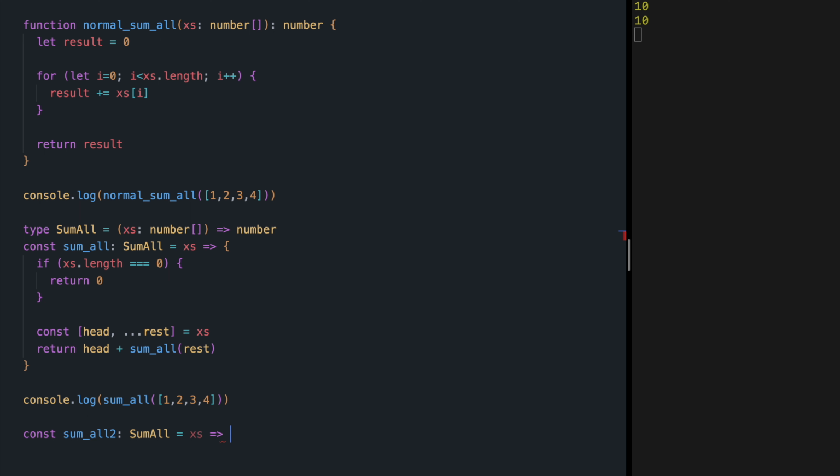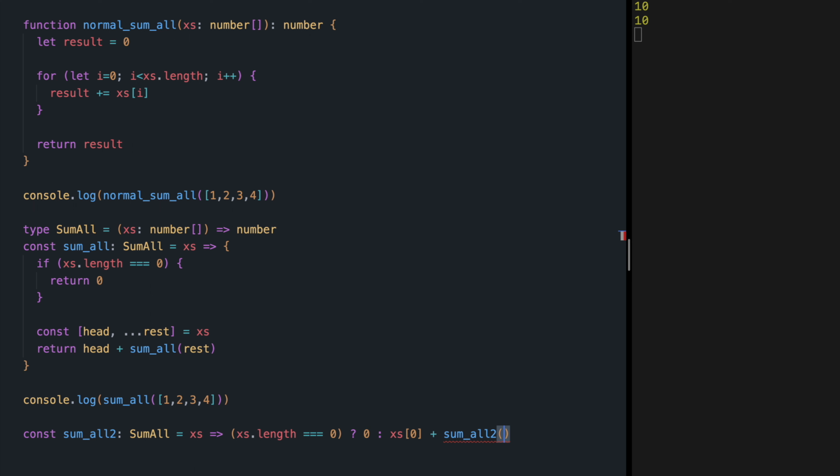What it's going to do, it's going to check if the length of it is 0, meaning the array is empty. In that case, it should return 0. Otherwise, we need to extract the head. At this step, we know that our array is not empty, so xs[0] plus, and we need to call sumAll2 with the rest of the array.